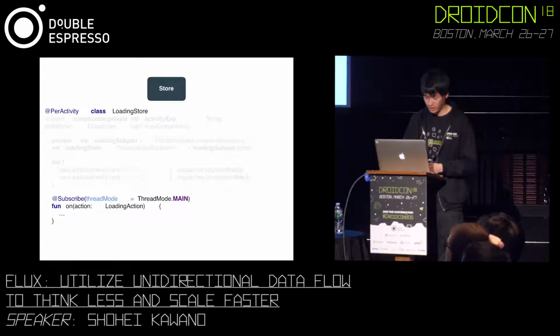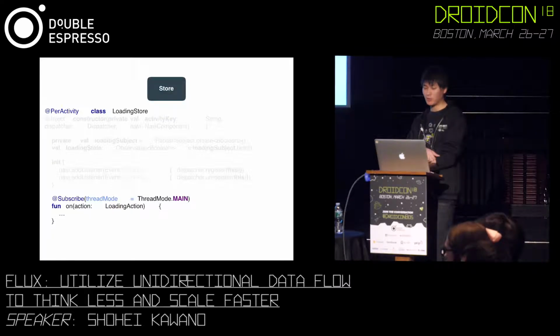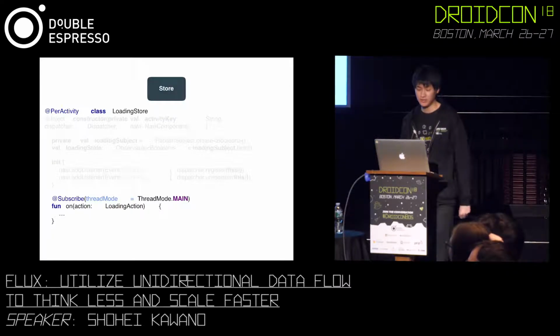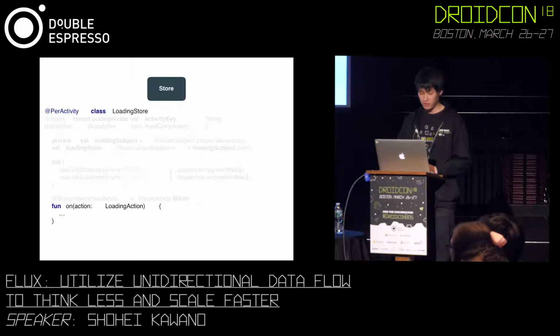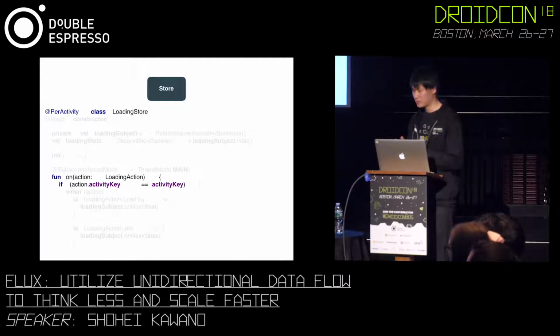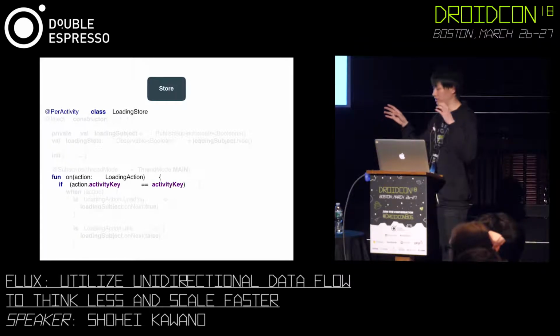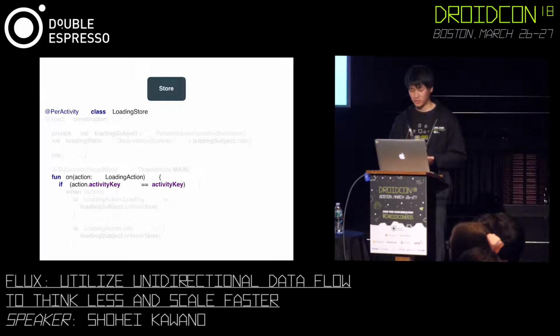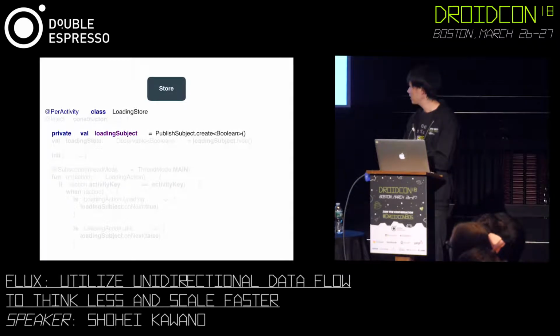Okay. The GreenRobot EventBus library has a subscribe annotation we can use. Here, we subscribe to a loading action to be dispatched. Inside, we first check the activity key to determine whether the loading store and the loading action dispatched from the dispatcher are in the same activity. And if it's the same, we do something. So in this case, if the activity is the same,